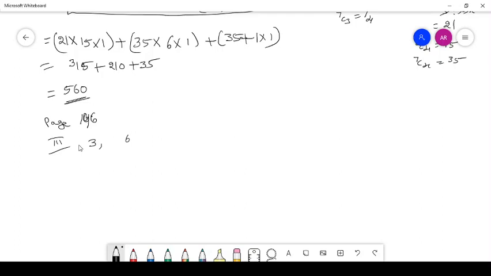Okay, next. Then on the next problem. Find the number of... this is also very easy, try yourself. Next problem, find the number of